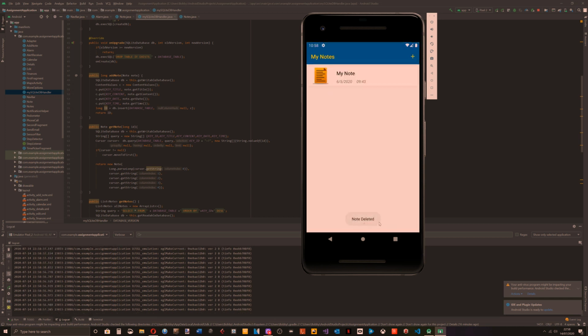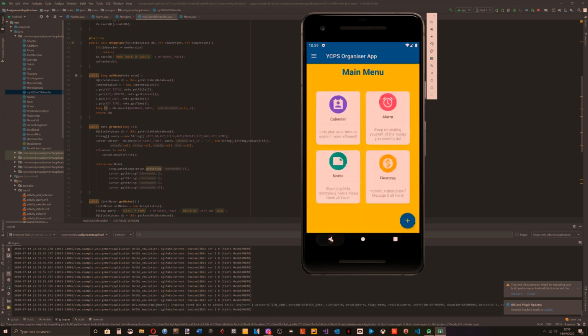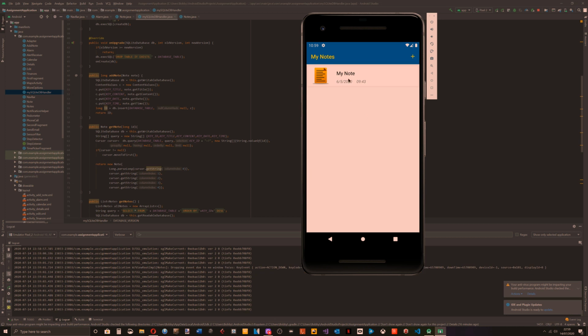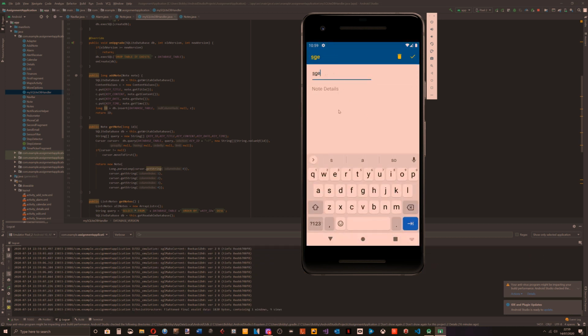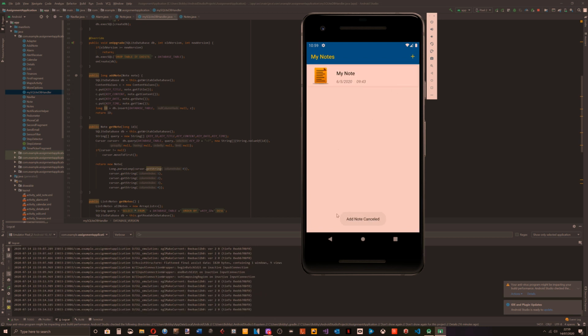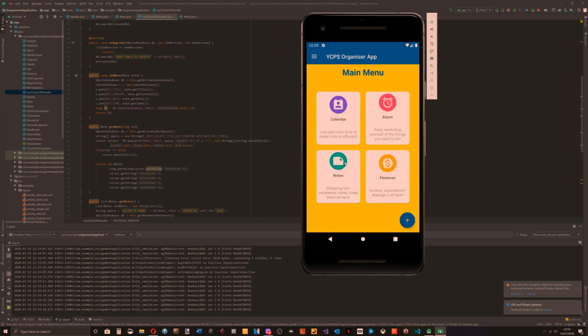And it will create a toast message that says note deleted. We'll go back and check it's been deleted. And let's just say we're creating a note, we'll just do something random here. Oh no, this is meaningless, we don't need this. Click that and we can cancel the note, and again it just creates a toast message. So it's just a simplistic note creating system, but it uses a database within it to hold that information,